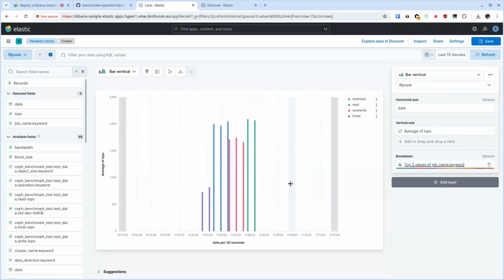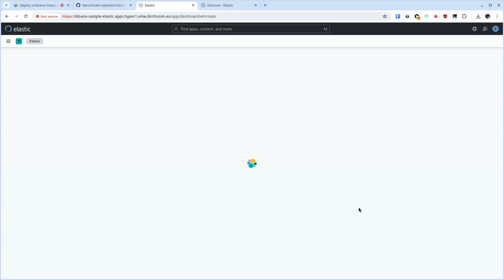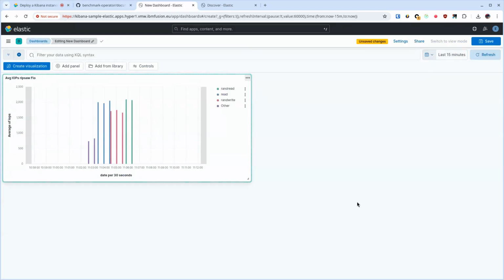So now we have the different colors, and we have average of IOPS, and this is a nice panel or chart, depends on who you are, and we want to add this to a dashboard. So we click on save, and we say the title is average IOPS Repsol Theo, whatever, and we add this to a dashboard, a new dashboard. Now we have a new dashboard, and we can say, all right,